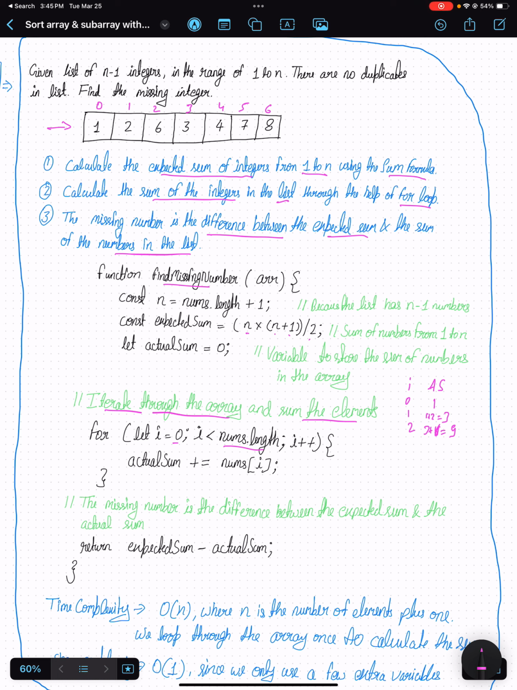At 3 it's 9 plus 3, which is 12. At 4 it's 12 plus 4, which is 16. At index 5 it's 16 plus 7, which is 23. And at the 6th index it's 23 plus 8, which is 31. So 31 is our actual sum,